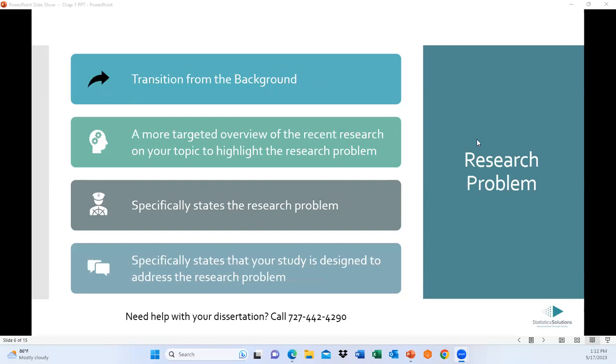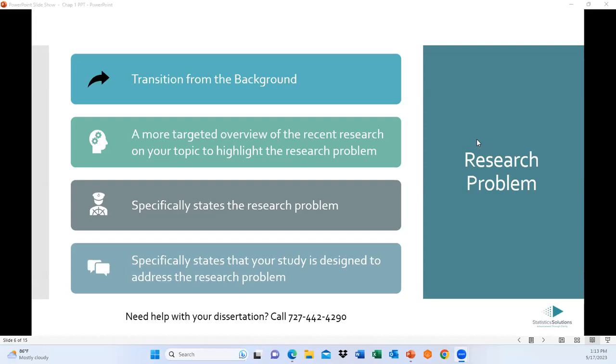And just to back up for a minute, the background section may be a few pages, right? Because you're going to have to hit quite a bit of material. But again, it's kind of a summary of sorts. You don't have to get really in depth about all the studies, but you do want to hit when they were, what they contributed, the findings. But it could be a few pages, the background. It leads into the research problem.